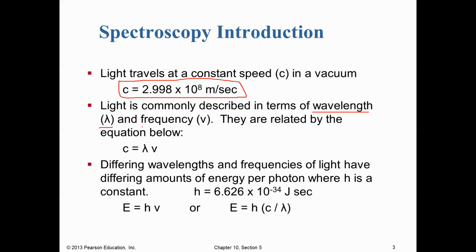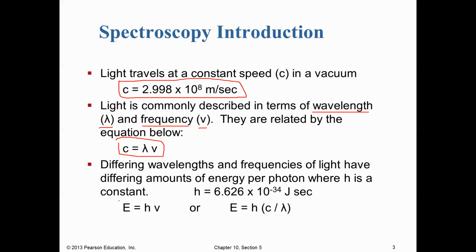and frequency. And this v right here is actually a Greek letter, but we can just call it v for simplicity's sake here. And so they're related by this equation. Essentially our speed of light is going to equal wavelength times frequency, and this allows us to convert between wavelength and frequency. And so speaking of Nobel Prizes, if I remember correctly, this was another Nobel Prize right here,